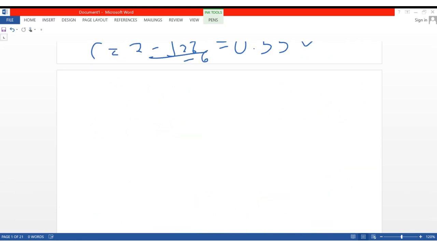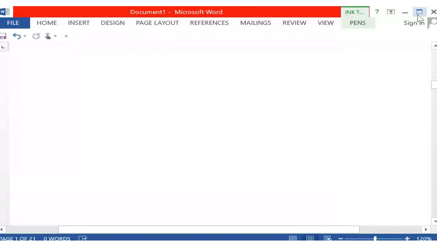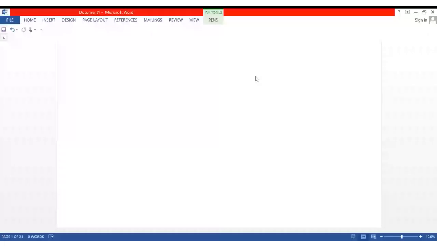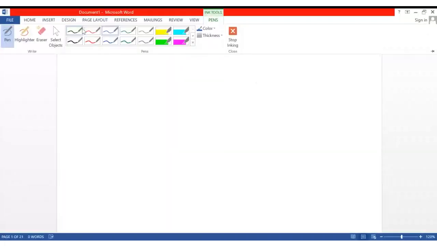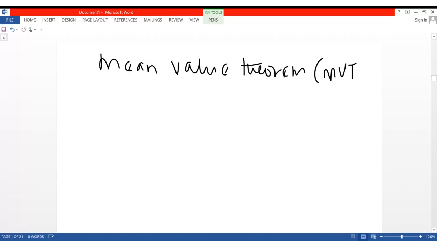I hope you'll be able to follow on the mean value theorem. So let's go to the mean value theorem, or the MVT. Sometimes we call it the MVT. So the mean value theorem says that, given a function f of x,